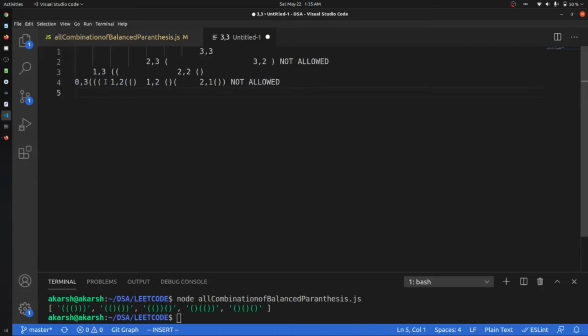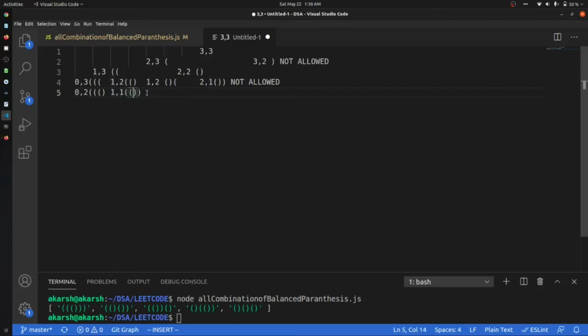Now, because the left open tag count is now 0, we just have to close all these. So we can go with this 0 comma 2, and we will get this. After that, if we come to this, we will have 1 comma 1, and it will be open.